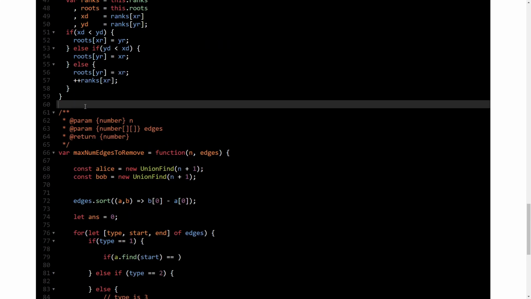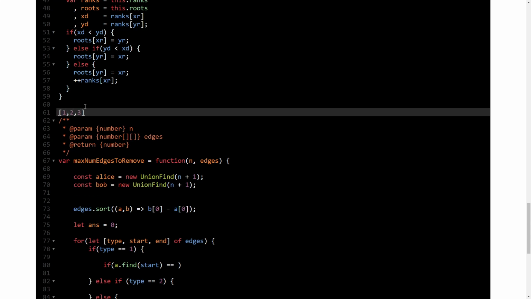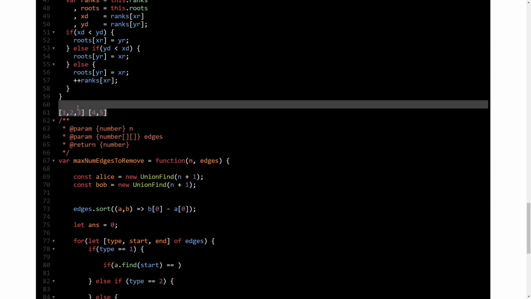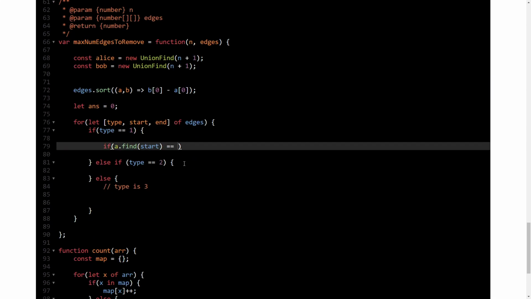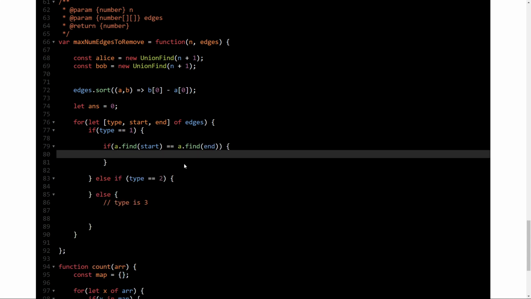So basically I was making components like this, right? But there can be multiple components as well, right? So there will be a component number associated to each of them. Let's not look at the detail how that will be, but let's assume that there is a component number, and we see if find end. So if start and end are in the same component, then that means the edge is redundant, as we mentioned earlier, right?